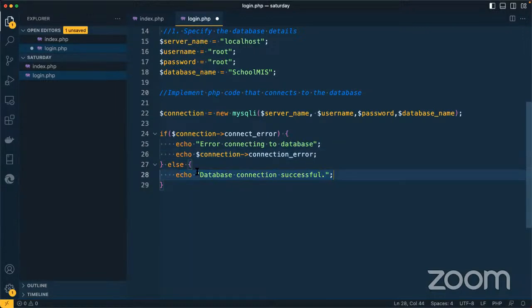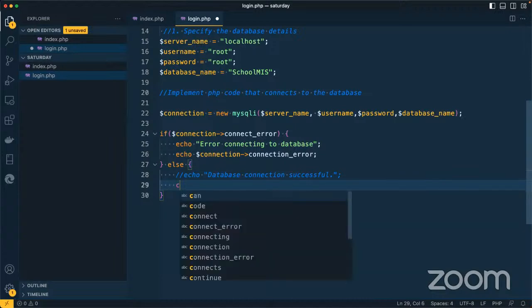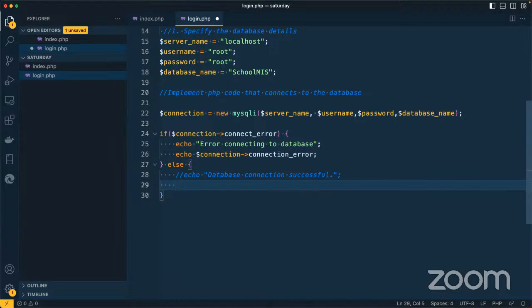statement, instead of showing "database connection successful", we shall comment it out. Then we can start fetching data from the form and also continue to the database. So what we shall do now is simple. We shall create a variable here called my username